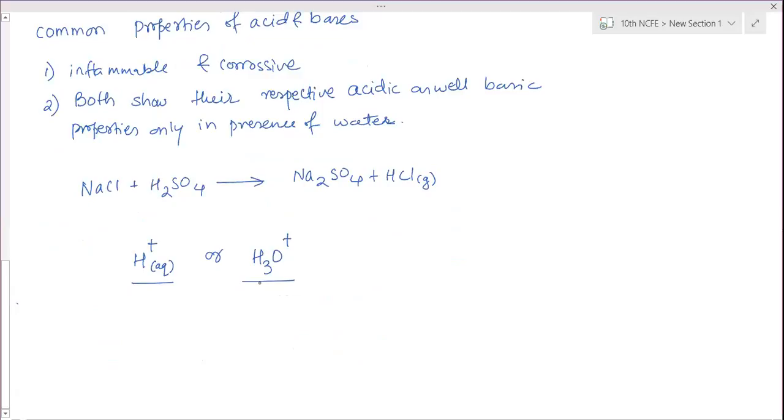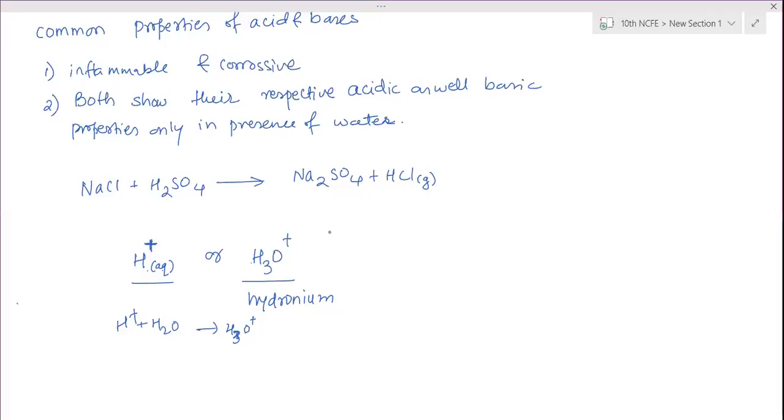First, try to understand what I am explaining. When you are expressing hydrogen ion, you write H plus aqueous or directly write H3O plus. This is the hydronium ion. Both representations are the same. In aqueous solution, H plus combines with H2O to form H3O plus. So either represent it this way or that way. Clear? Only use these two representations. Don't use any other. Is that clear?